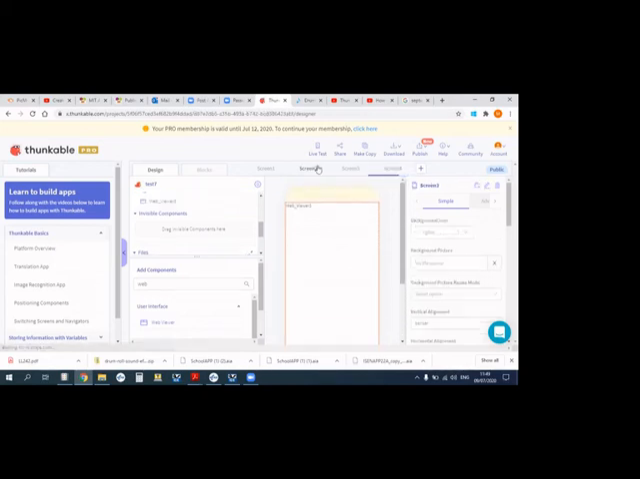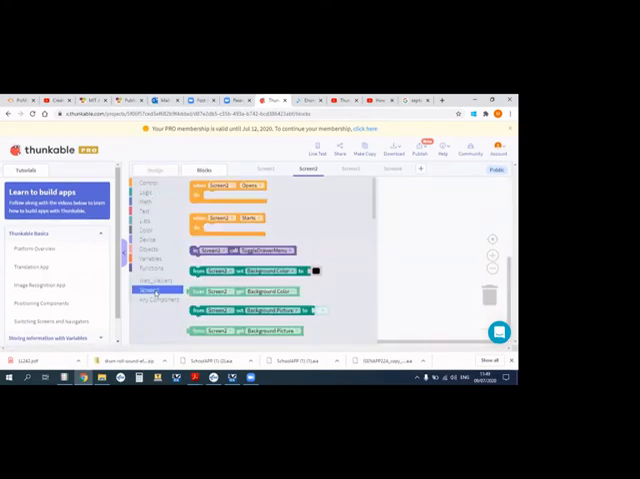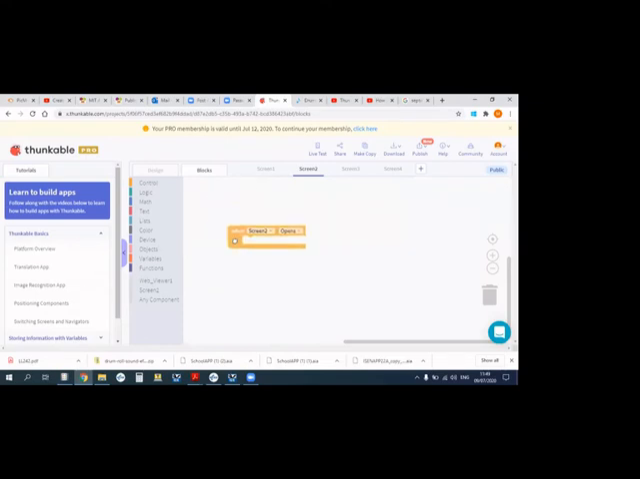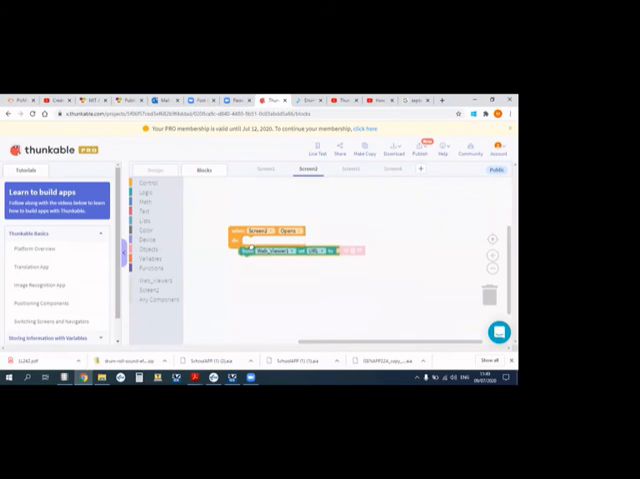Okay, so we go back to screen 2. The first time I did this was last night, so hopefully I'll remember. Blocks, screen 2. When screen 2 opens, web viewer, from web viewer, set URL to, and in here you type your website. Now you have to start off with